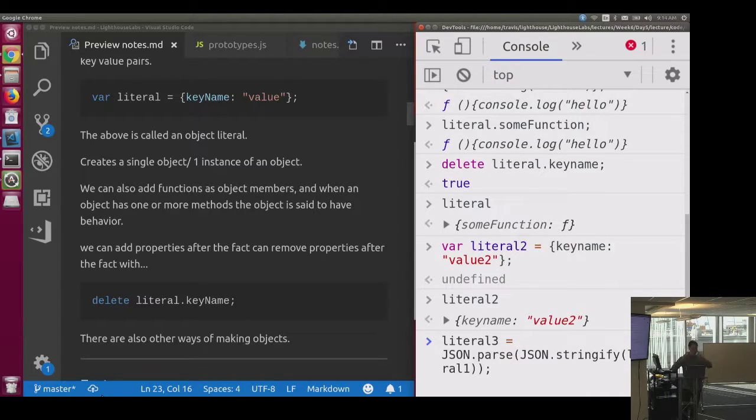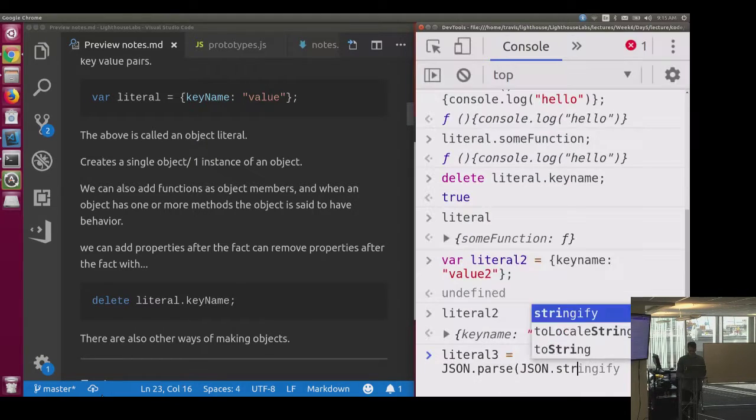So I'm converting my object into a string, and popping it into parse, which takes it back to an object. So I'm essentially duplicating it, because we know in JavaScript we have variables by reference and variables by value, and objects are all by reference. So if I just said literal 3 equals literal 2, they're both going to be pointing at the same thing, whereas this is actually duplicating it. So this is, like I said, kind of a hacky way of doing it. There's much better ways of